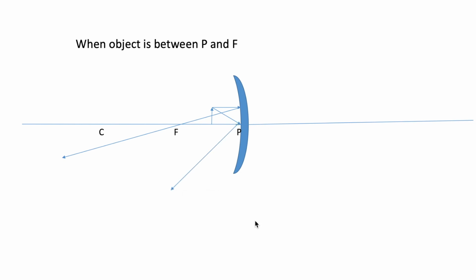Okay, so here you can see these reflected rays can never meet and there is no image forming in front of the mirror. But we can extend these two reflected rays behind the mirror and behind the mirror these reflected rays are meeting and the image is forming there. We will check. Extending the lines. So here the reflected rays are meeting and there we can draw an image.